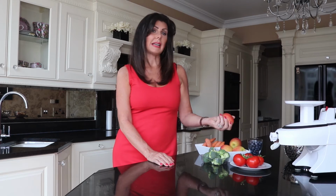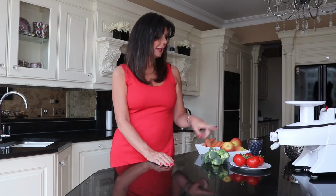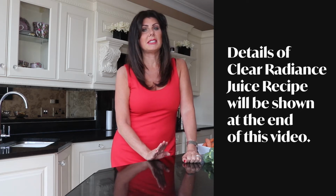So the fruit and vegetables that I've chosen today specifically target the skin. We're going to use an apple, tomato, 3 to 4 florets of broccoli, around about 6 carrots, and a lovely cup of blueberries. Keep the skin on the apples and the tomatoes. Now, the apple contains vitamin C, A and K, to name a few, and these vitamins really target the skin and make beautiful skin. The blueberries also contain vitamin C and K, and vitamin K can improve the elasticity of